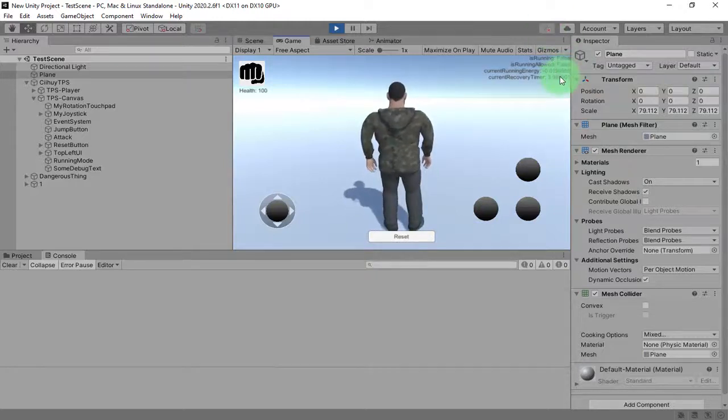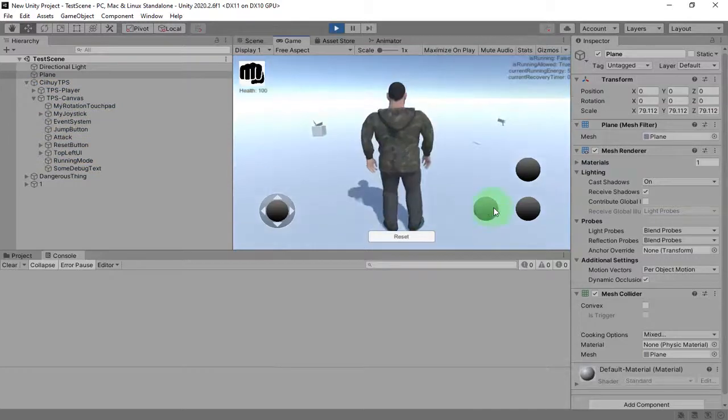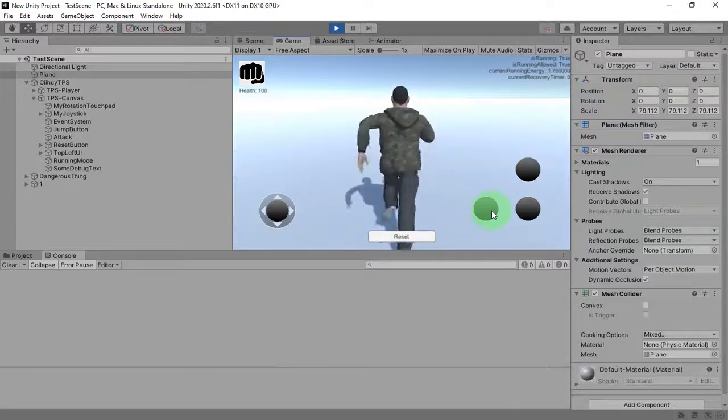Now it is 0. When it is 0, let me restart again. Walking, running, and running energy is decreasing. Once it gets to 0, the player is walking, and the current recovery timer runs, and then I can run again.